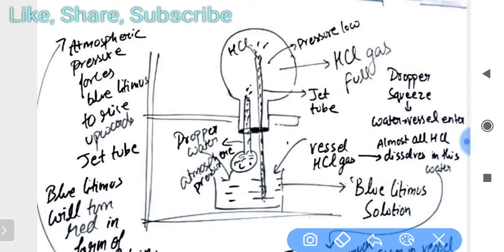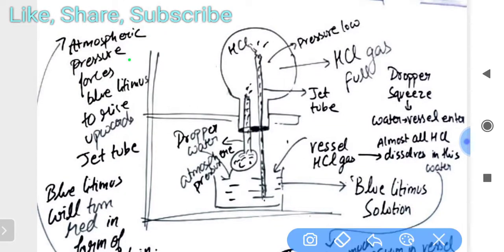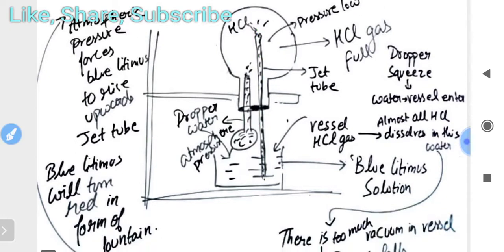And the name of this tube is the jet tube. And second thing, when you see its structure, atmospheric pressure forces the blue litmus upwards through the jet tube. That's why I'm saying that it goes upside. And blue litmus,